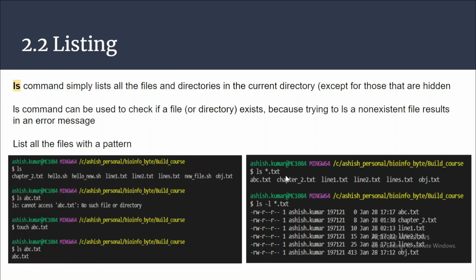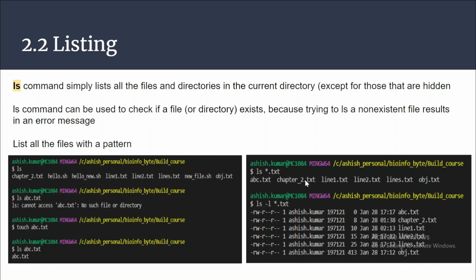So you can use a pattern to only print those files which match the pattern. For example, the pattern I'm using here is star .txt. Star is used to fetch a pattern. I'm telling my terminal to list out all the files whose suffix is .txt.